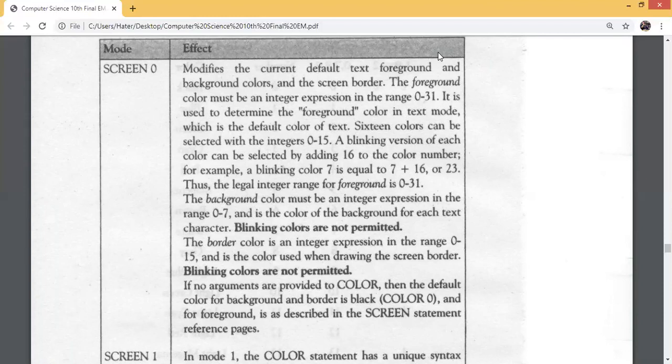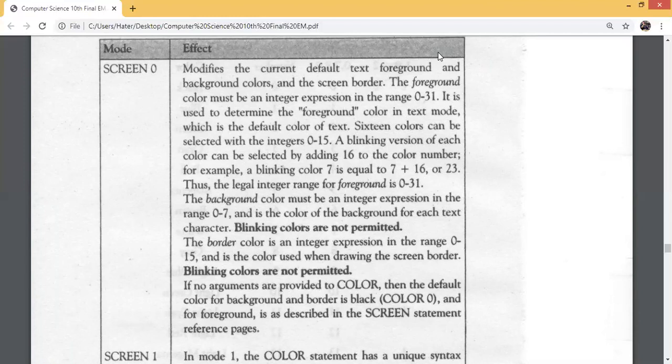The foreground color must be an integer expression in the range 0 to 31. It is used to determine the foreground color in text mode, which is the default color of text. 16 colors can be selected with the integers 0 to 15. A blinking variant of each color can be selected by adding 16 to the color number.